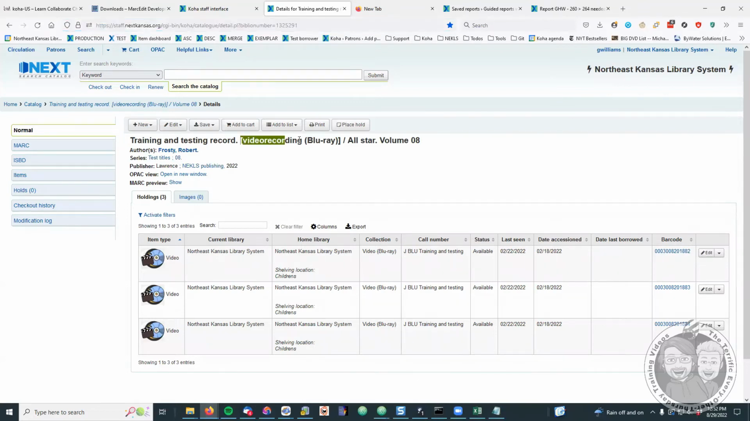Here's that record here, training and testing record. It's got a 245H that says video recording Blu-ray. It's got a subtitle or it's got a 245p and a 245N, it looks like. So let's go back to MarcEdit,